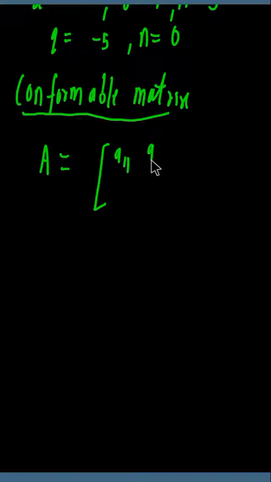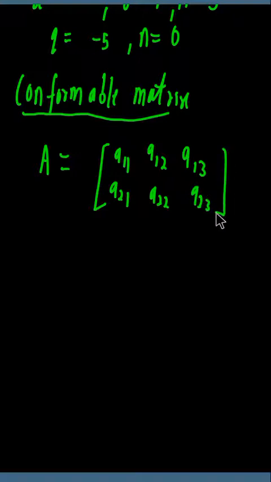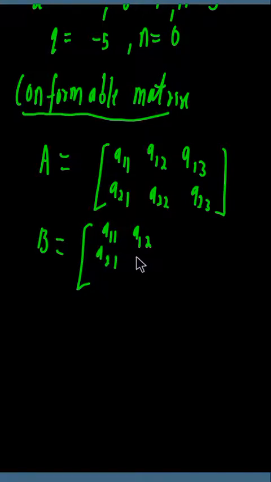Let's say matrix A is equal to A11, A12, A13, A21, A22, A23. Then our matrix B is equal to A11, A12, A21, A22, A31,